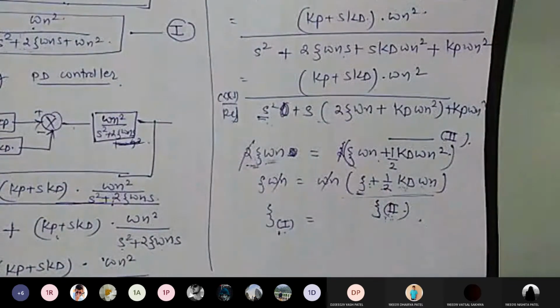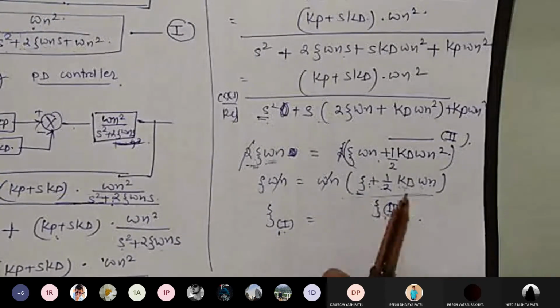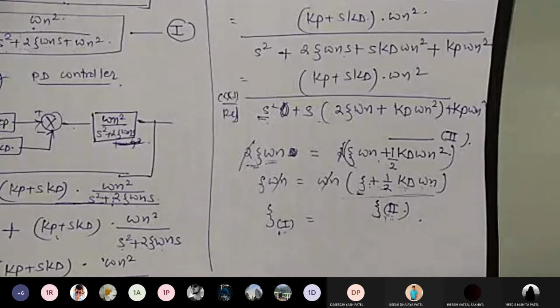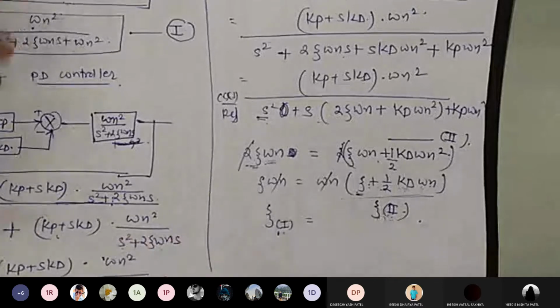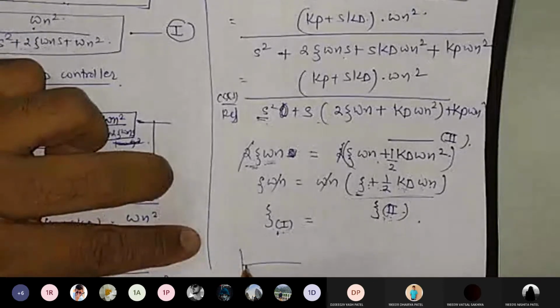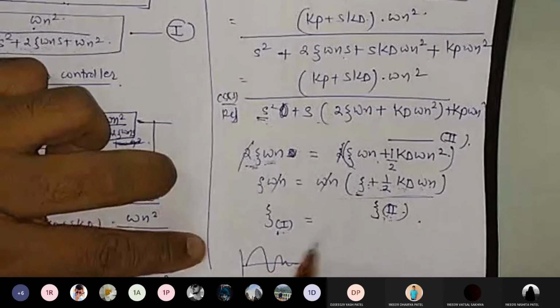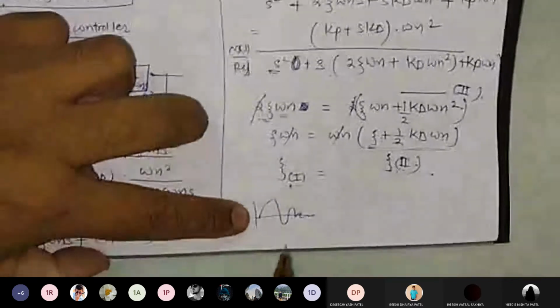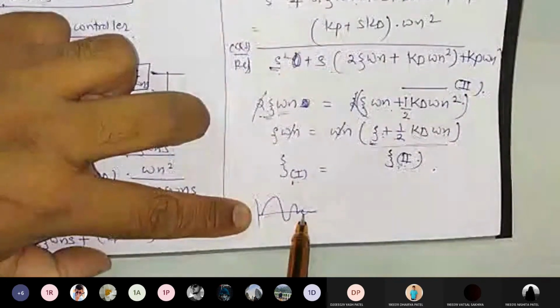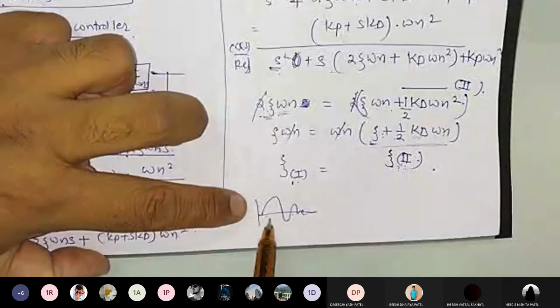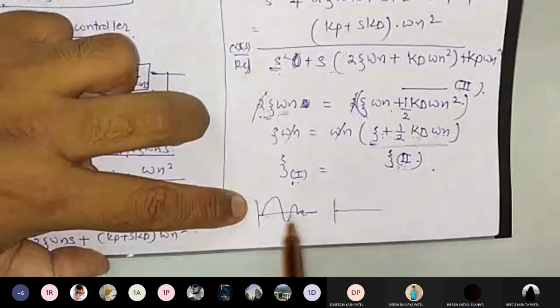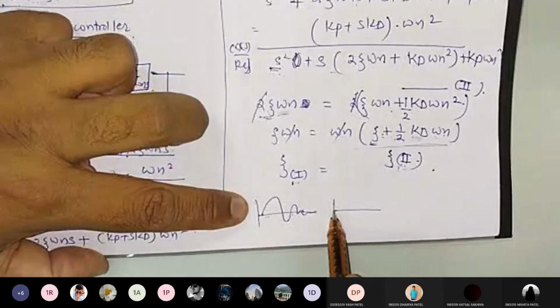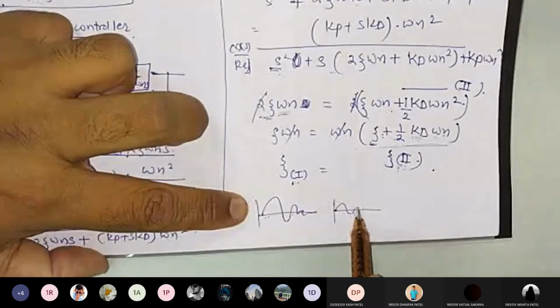What does that mean? It is having a higher capability to oppose the oscillations. The oscillations that come will be opposed more. In the graph we used to get with oscillations, let us say these oscillations will be like this. Previously it was like this, with oscillations, but if I am using a controller, the oscillations will be opposed, that means there will be lesser oscillation.